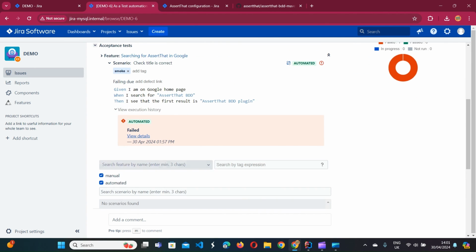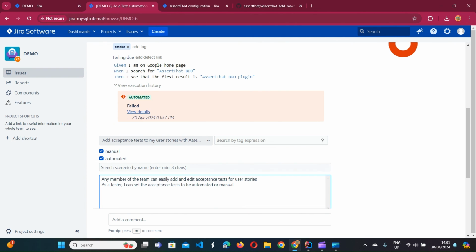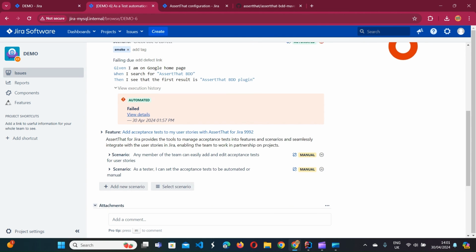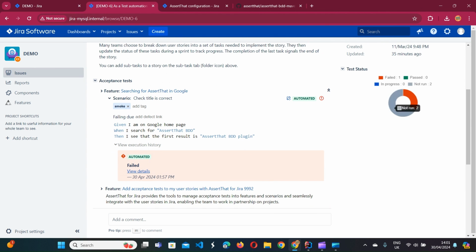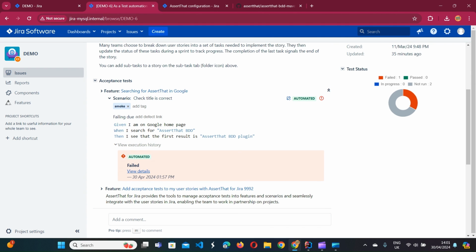So if we link some other scenarios to it, we can see how the pie chart represents the current progress of testing, whether it's manual or automated scenarios. That will be the generalized view.